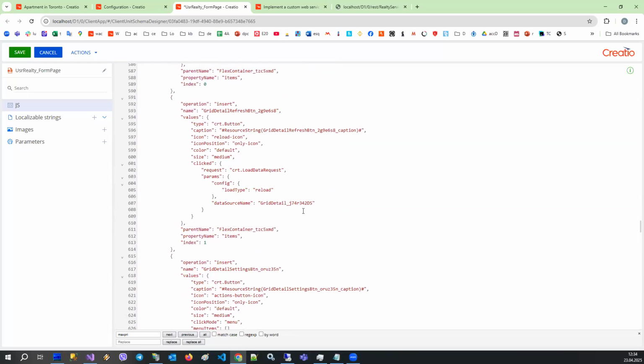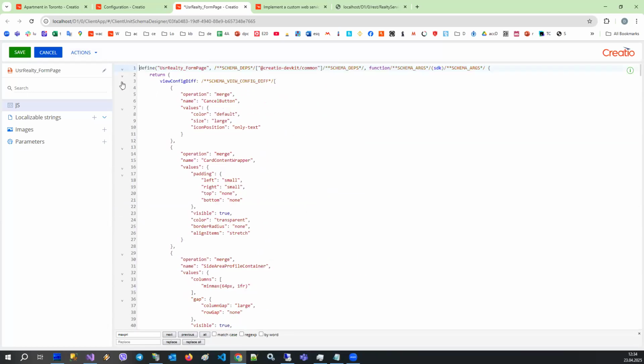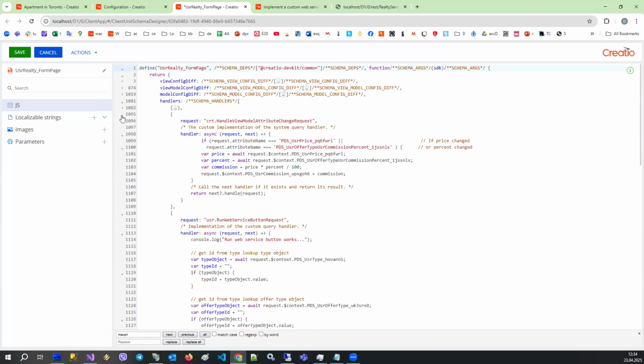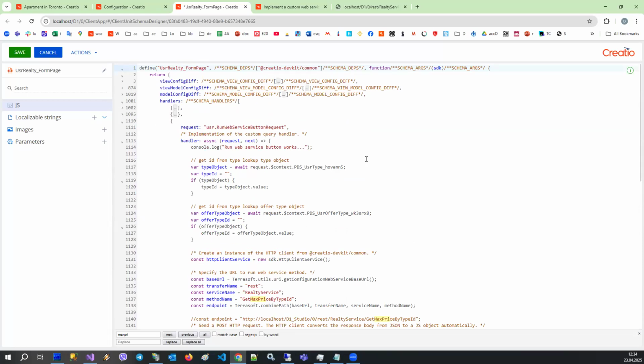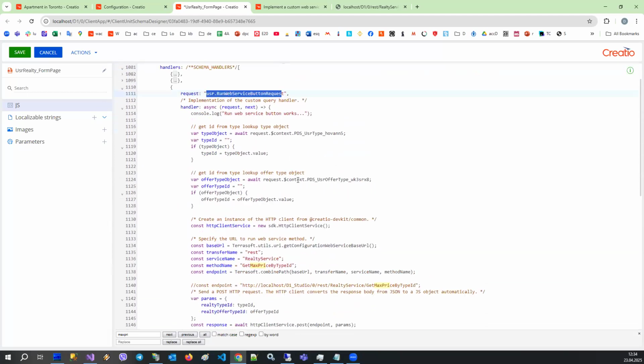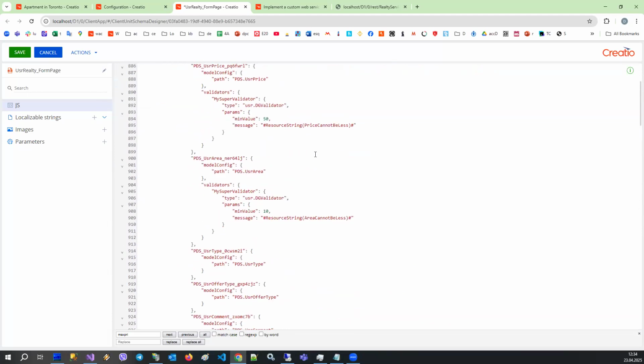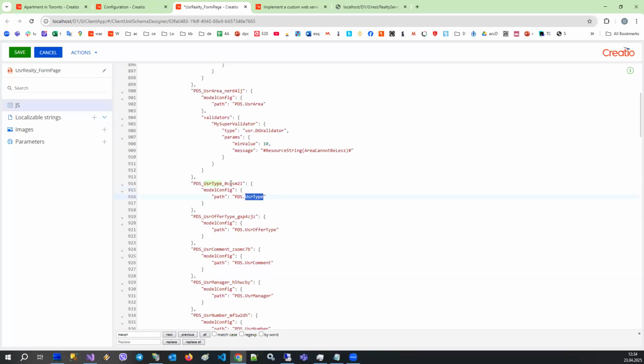Maybe we can just collapse this piece and then go back to handlers. Also, we can collapse unnecessary handlers. So we need to prepare some arguments in our handler. We need to make some arguments. We are interested in the value of type. So let's go to the view model config, find the type, and here there is a type attribute. We need to copy